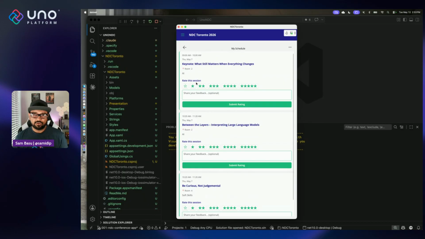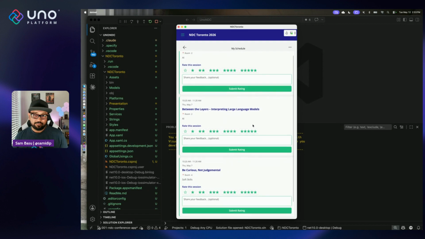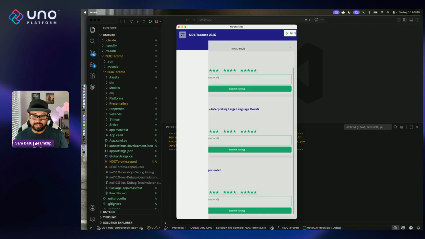And once I've attended those, I can give a little bit of feedback for the speaker, tell them what went right or wrong, what they can do better, and so on. So that's super simple, but this is the base workflow of any conference type app. You need sessions, you need schedules, you need a way to build a schedule for somebody attending, and then I